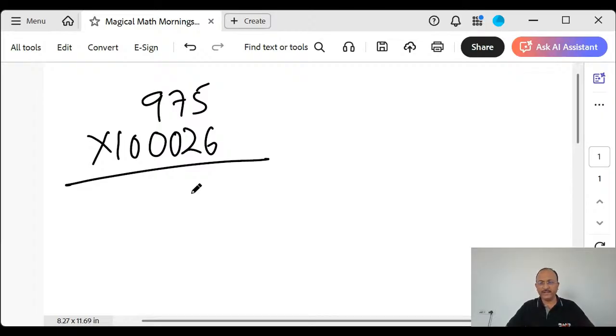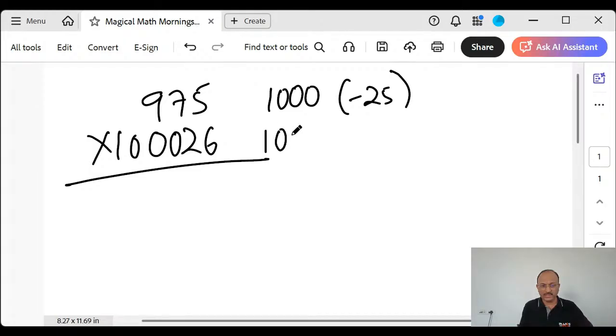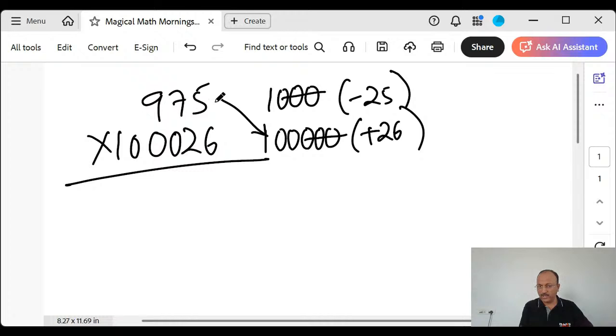While doing it for the first time, a second time, we always tend to make some mistakes. But if you learn and practice, we'll become an expert. Correct? 975 is closer to the base 1000 with a deviation of minus 25. We should not go for 900 or 100. Okay, and this one is close to the base of 100000, but with a deviation of plus 26. Now cancel three zeros here. Start with the bigger number, smaller number,